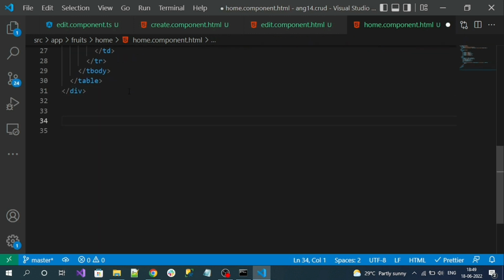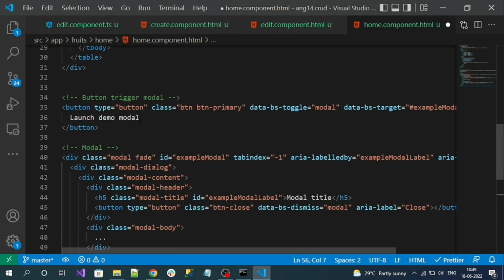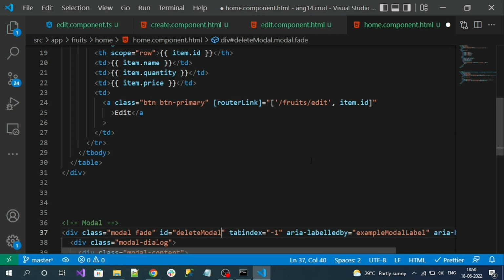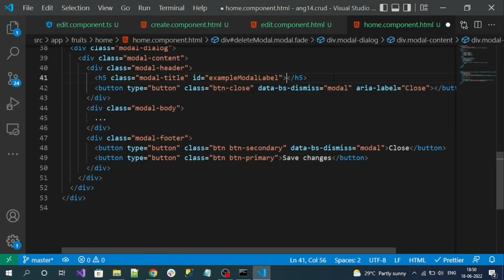Here, let's add it. I don't need this additional button, remove it. And here one important thing is the ID, because based on this ID only we create the instance of the bootstrap modal. So I will name it delete modal. Okay, delete modal, and the title will be confirm delete,